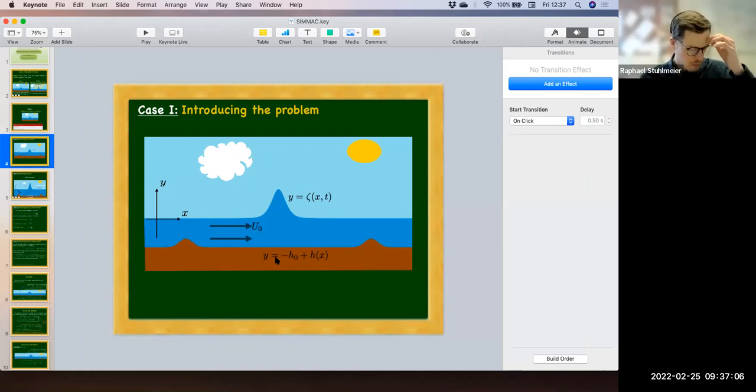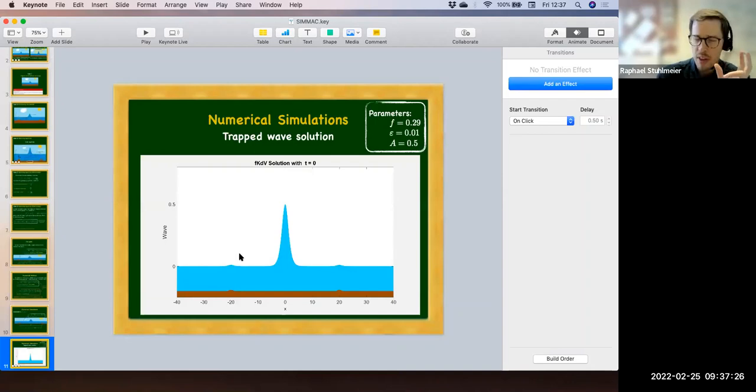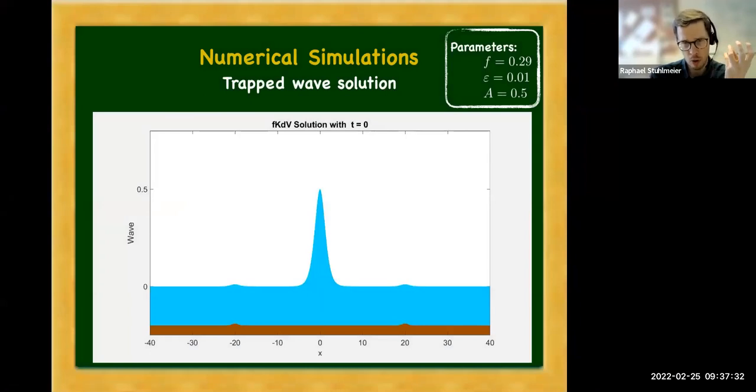So maybe I can rephrase that. I understand that without a current, there is no wave trapping in this scenario. And it seems to me, because I noticed in the simulations, there's some energy radiating away, right? Yes, okay. So is it correct to think about the problem as if the solitons are taking energy from the current? You start off with your soliton, and it's bouncing back and forth. But why can the amplitude of the soliton increase here? Is it because it's taking some energy from the current?